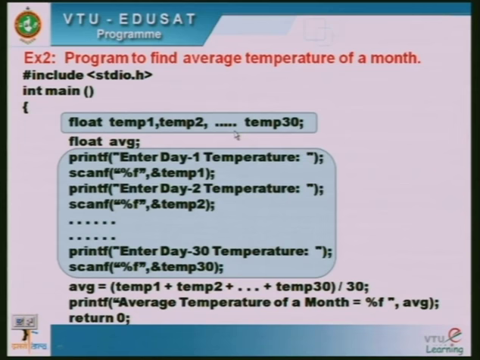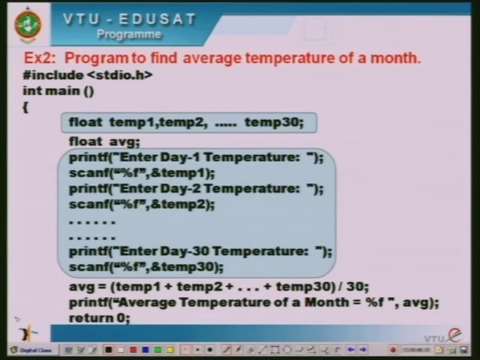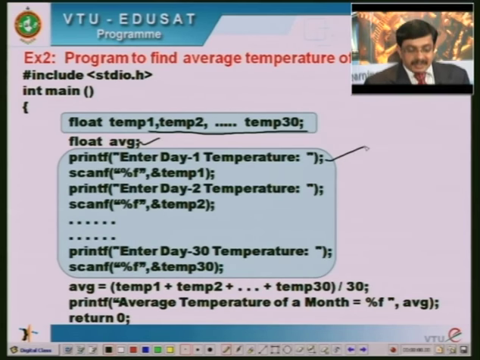So we can note that here we will be using 30 different variables, that is float temp1, temp2 up to temp30. So we have 30 different variables of type float, and here I will also be declaring a variable called average to hold the average temperature. Then we have to use the printf statement to display "enter day 1 temperature", and then we have to read the day 1 temperature